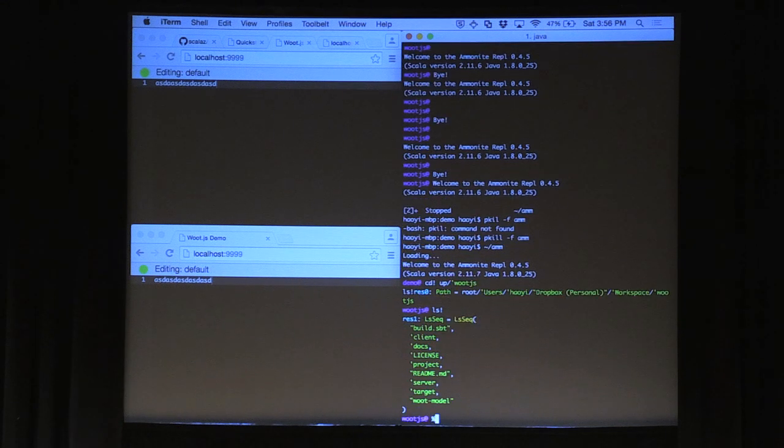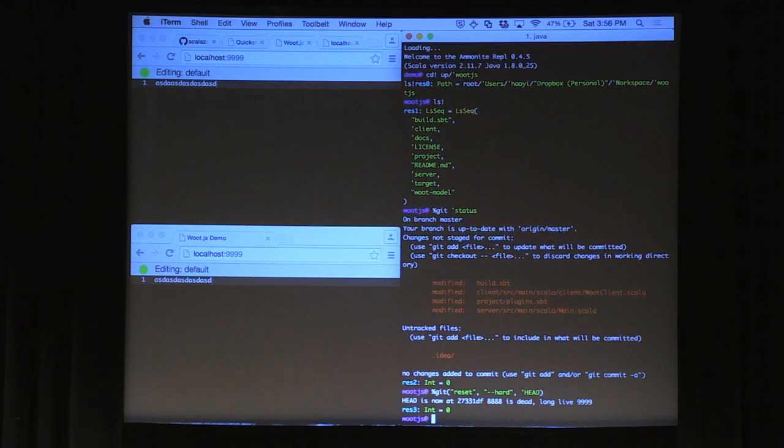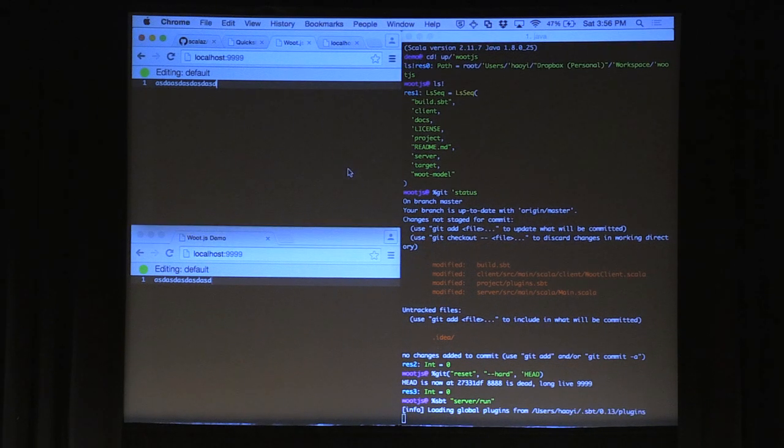So the problem is my git status was dirty. So I'm just going to git reset hard head. And then let's try that again. Let's just do server run this time, since I don't feel like typing it again in the console.